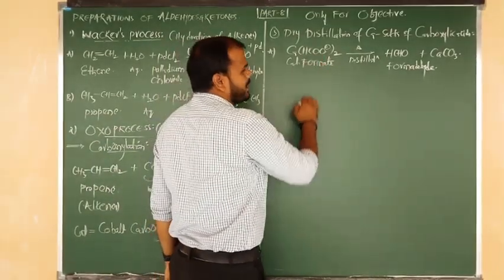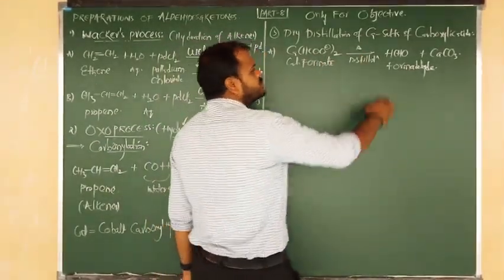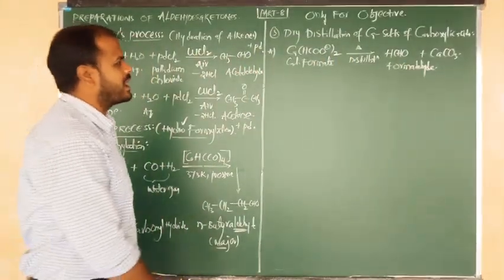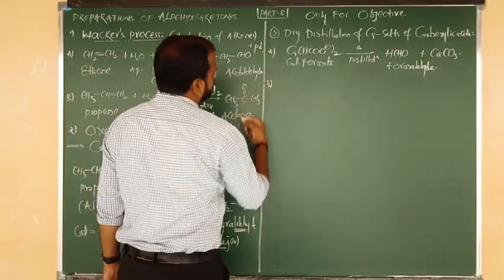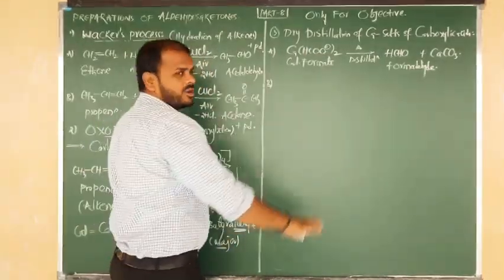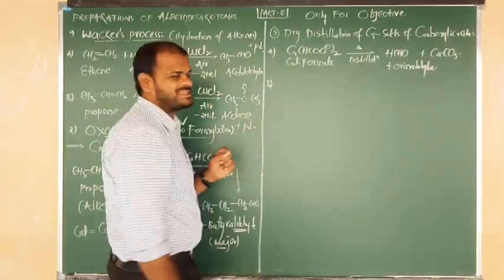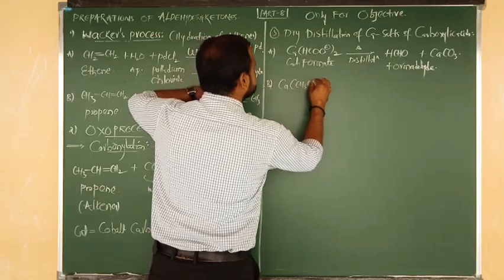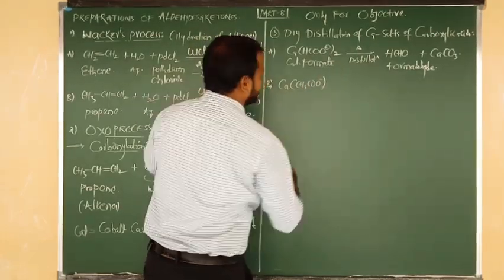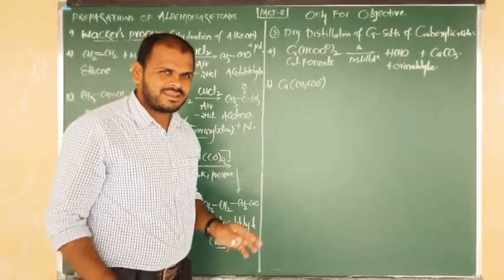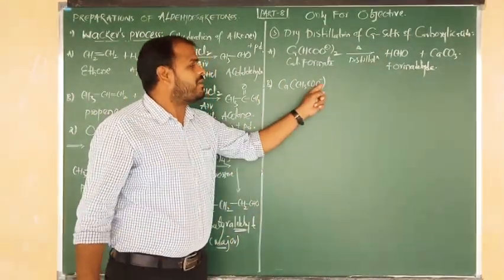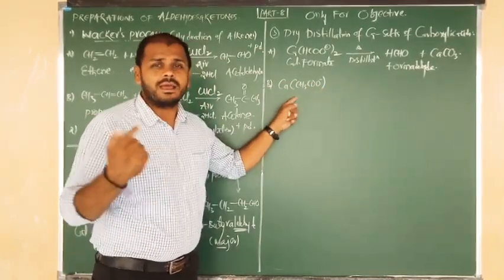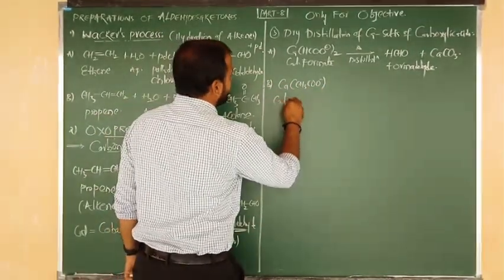So calcium formate upon dry distillation forms the product formaldehyde and the byproduct is calcium carbonate. Right, now I am going to write the second example. Now I am going to take calcium acetate. Ca bonded to, in brackets, CH3COO minus. CH3COO minus looks like acetic acid, but here in place of H we write calcium. So we can say the calcium salt of acetic acid, and simply the short name is calcium acetate.